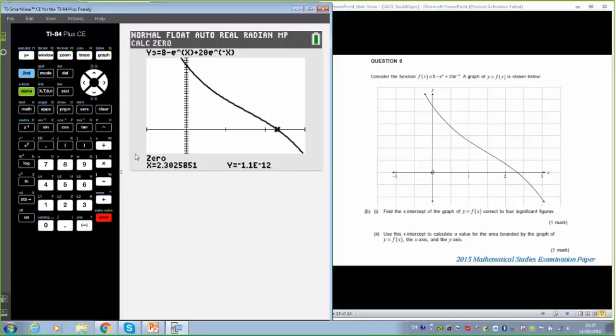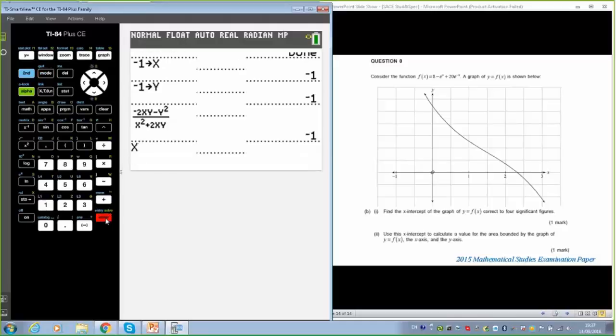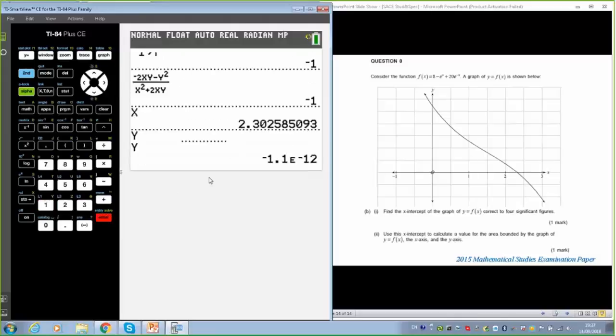But to get that, the calculator now has wiped off the fact that I told it earlier that x was -1. It's now stored it as the new x value that it typed in. So that is that value there. Also the new y value that matches that as well. But I'm not interested in that one. I am interested in this one here, because I'm now going to store that as a letter. So I'm going to press store. I'm just going to store it as A.